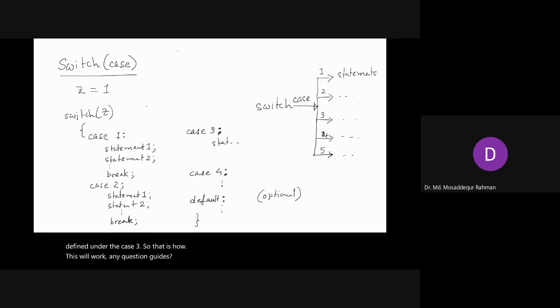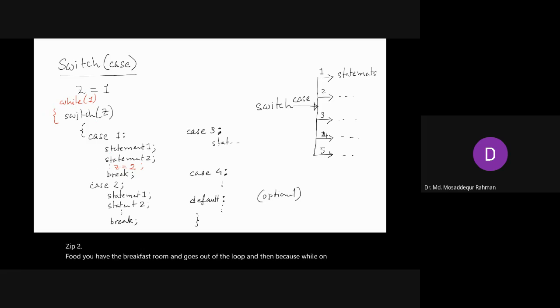Now, the example that I mentioned for the industrial control, the process control. Let's say that you have to do the tasks one by one. So what we can do is define a while here, while 1. Under the while you have the switch. When case 1 is done, you define the z value to be 2. Then you have the break statement that goes out of the loop, and because of while 1,